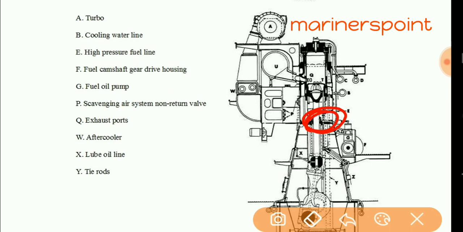Now here is a stuffing box. This is our piston rod, this is the piston, and the water cooled piston. Now what is U? Here we have the exhaust port. This is the old Sulzer engine, in which there is an exhaust port. In the Sulzer RLA engine there is no exhaust valve. In the Sulzer advanced engine there is also uniflow, but here this is not a uniflow engine, okay.